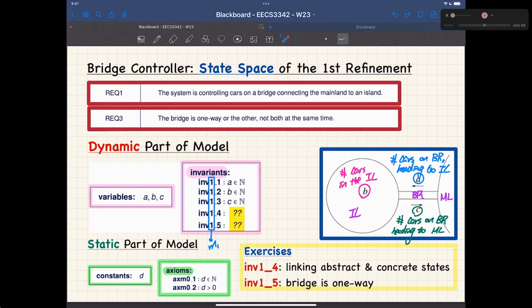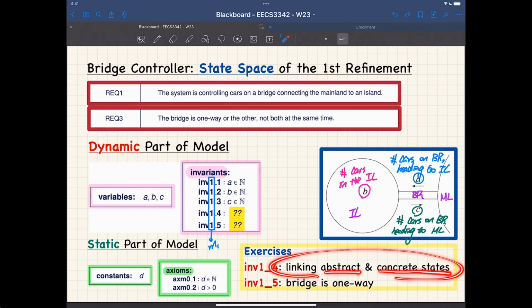Let's do invariant number 4. For invariant number 4 over here, somehow we want to link the abstract and concrete states, right? So at this point, you will be able to understand what I really meant by abstract states and concrete states. The concrete states are simply A, B, and C. Okay, so let me write it down. The concrete states are what we declare as A, B, C over here. And the abstract